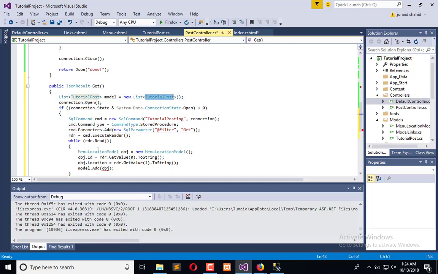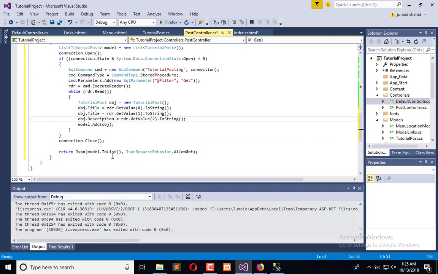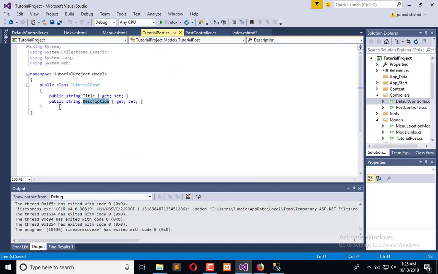Here is the tutorial post. We will create the object, and here is the TID. Okay, right now we don't have that. Description, okay, so it will send now, and we should need to add